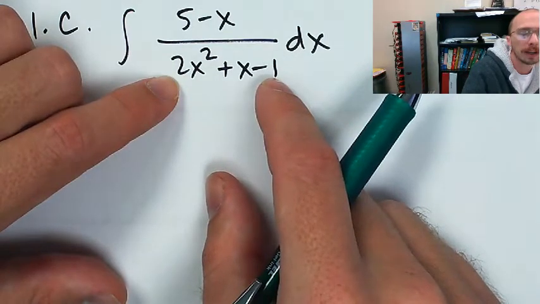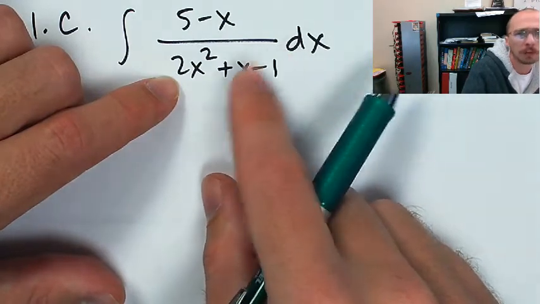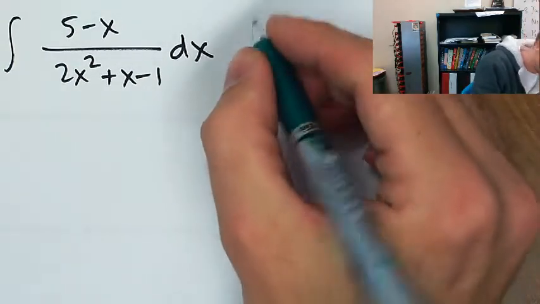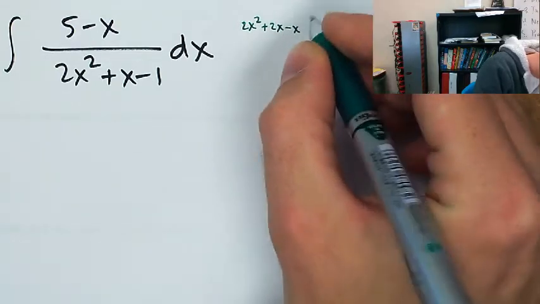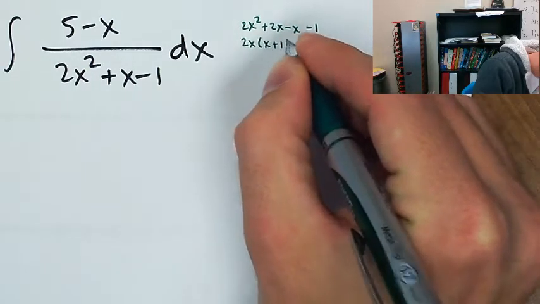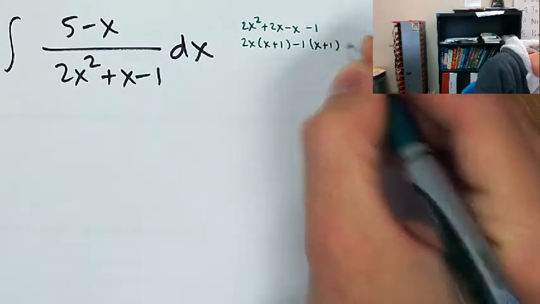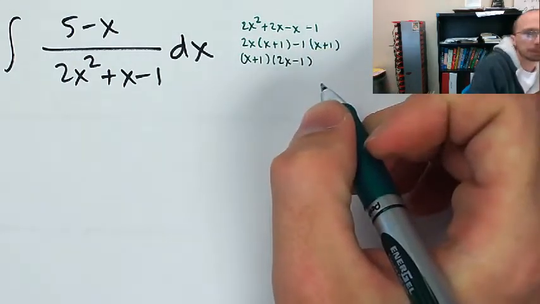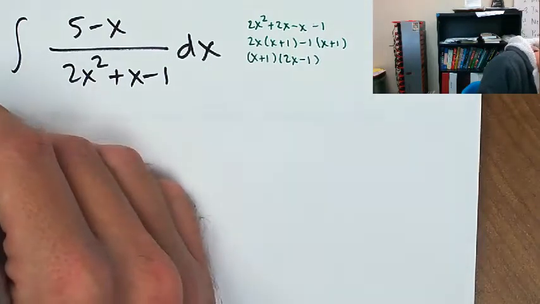2 times 1, negative 1 is negative 2. Two numbers that multiply to negative 2 while adding to 1 would be positive 2 and negative 1. So I need to go over here and split out 2x squared plus 2x minus x minus 1. And then I'll factor out the 2x, and I'll be left with an x plus 1. And I'll factor out a negative 1, and I'll be left with an x plus 1. I factor out the x plus 1, and I have 2x and negative 1. So I know that this is equal to